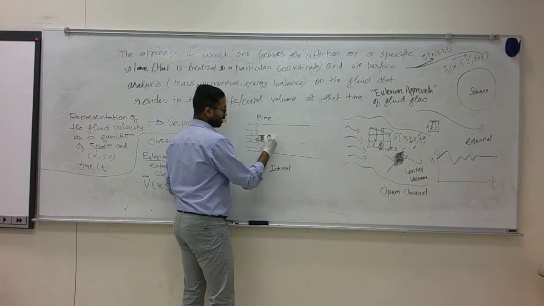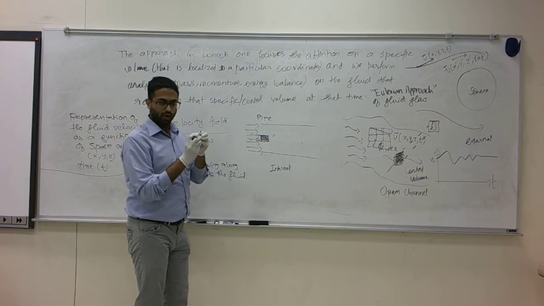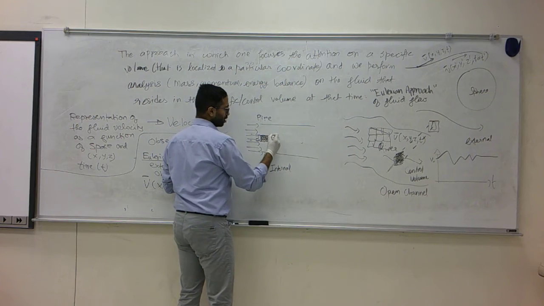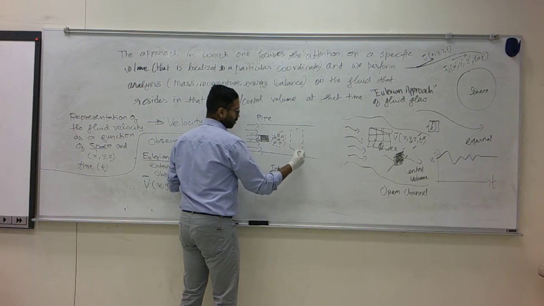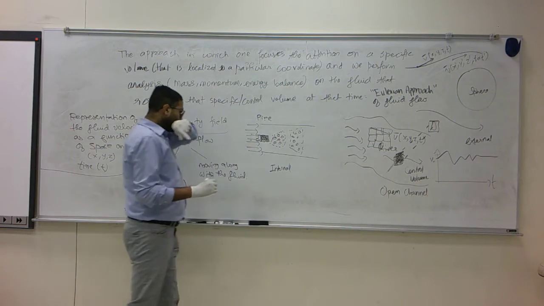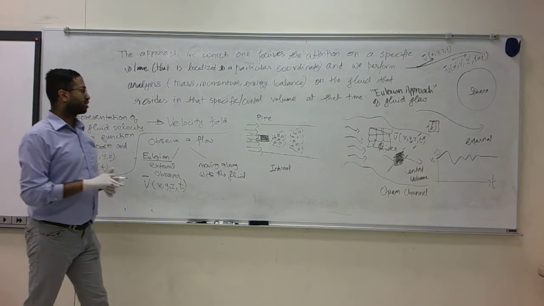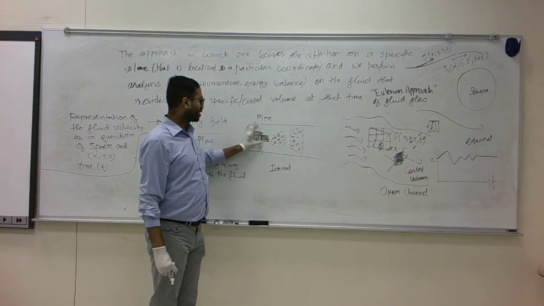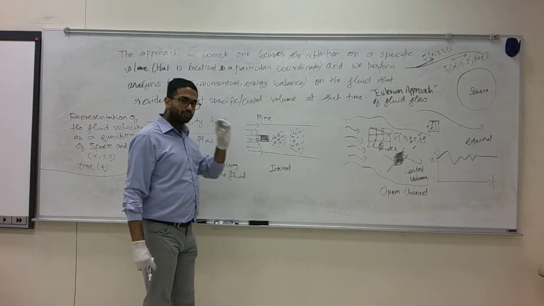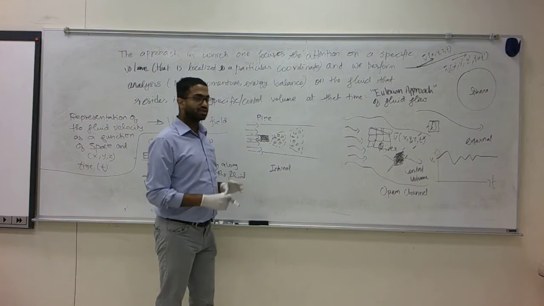So initially if the shape is somewhat like a cubical element, as time goes on, let's say this cube gets stretched out, the molecules are more spread out, and as time goes on, let's say they deform even more. We are not interested in the whole of space, we are not interested in all the fluid molecules, we are interested in specifically what a group of molecules are doing, and you just tag all of them.